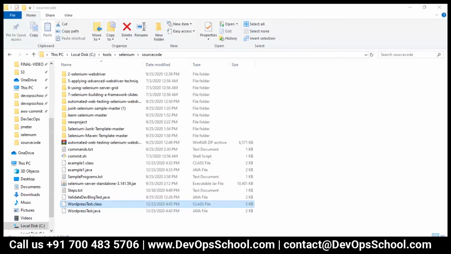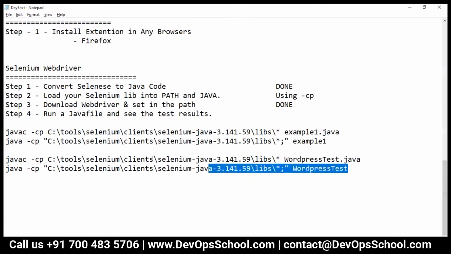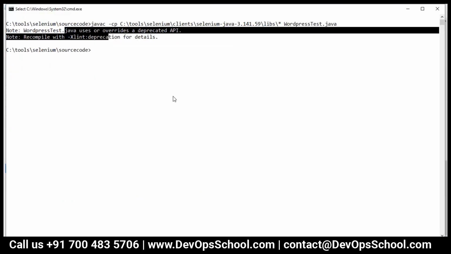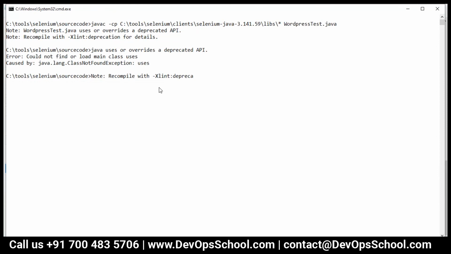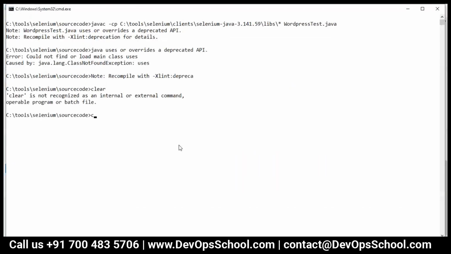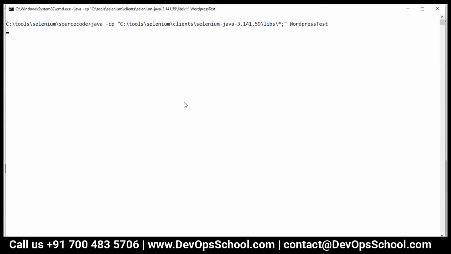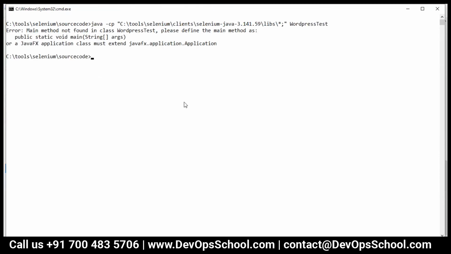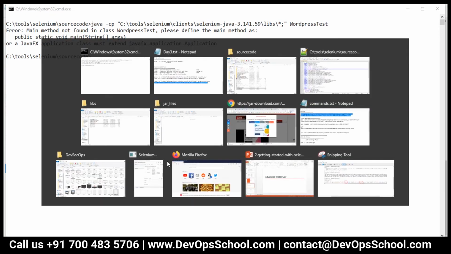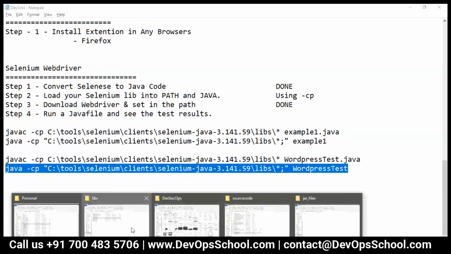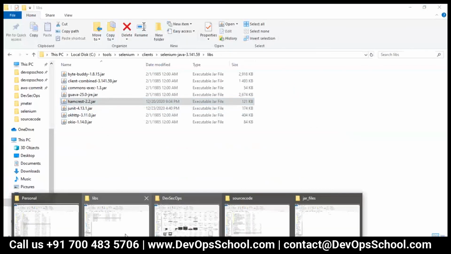Now can I run this class file? So guys, run it. Oh. Clear the screen. Done. The main method is not there. That's what I was worried about, because in the code the main method was not written. No problem, that is a test. I'll convert it. That's not a problem.